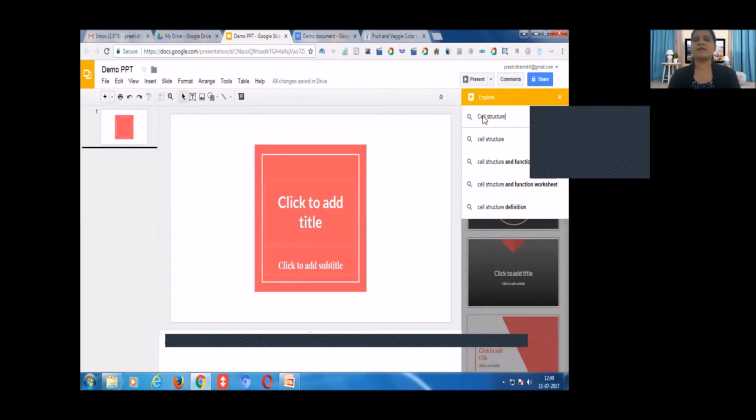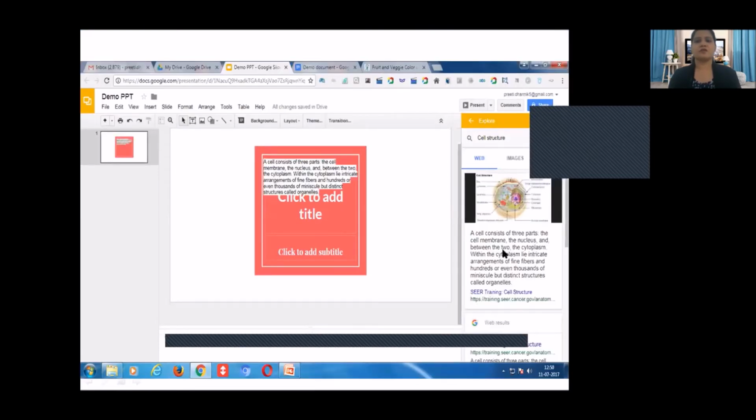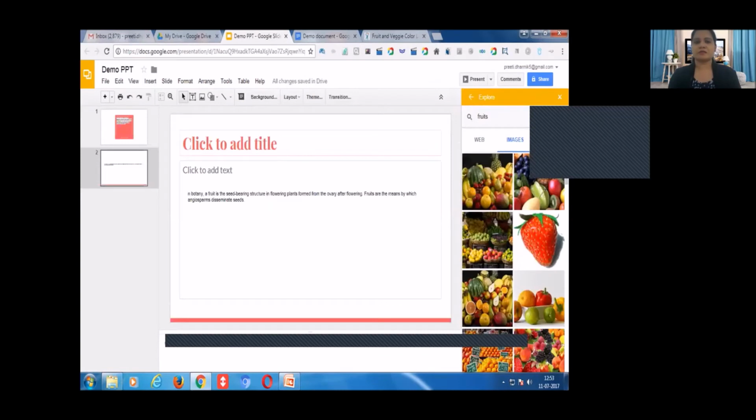For example, I have added cell structure, and there is information which is available in Google. In the next part, you have to select this much area and drag it from this window into your current window. So that much part will appear in your PowerPoint presentation. Remaining tabs are similar to those of File, Edit, View, Insert, and the remaining ones in Microsoft PowerPoint.